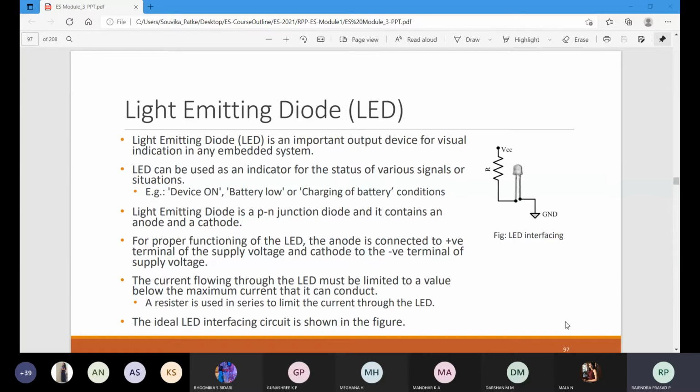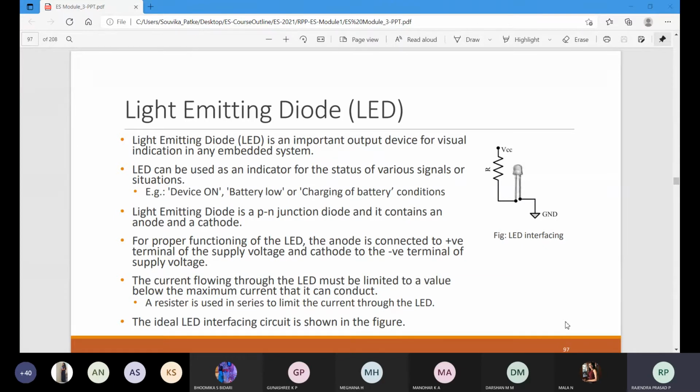If you observe that the red LED is in off condition, if it turns to blue or green, it indicates it is on, or it is ready to turn on, right? So it will blink, so that it will indicate that it will start. Because we should also know whether you are listening or not. So we'll randomly pick and put a question, so and so person you respond, so that he will give an answer.